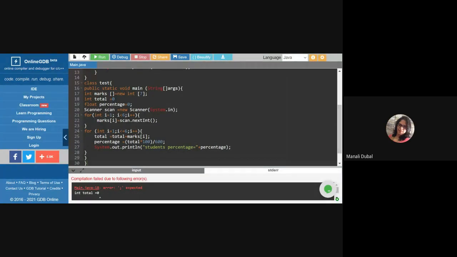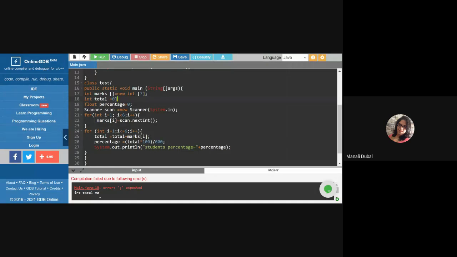Line number 18, you're missing a semicolon at the end of the line. With so many issues, how are you working with arrays and all? If you don't know what is PSVM, how to write SOP, then how are you working with arrays? It's not possible. It's just copy paste. I understand this. Put a semicolon at the end. Semicolon, not curly bracket.